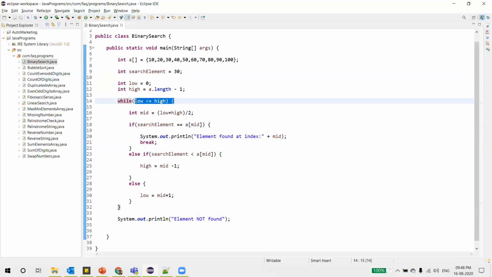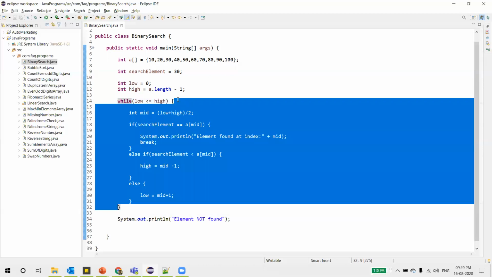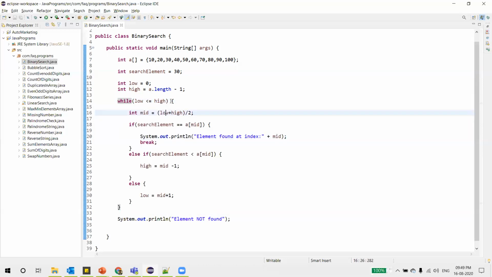Meaning if we exit the loop because of this break keyword, then this condition will be true. And when will this be false? When the loop exits because of the failed condition of the while loop. And what's the failed condition of the while loop?